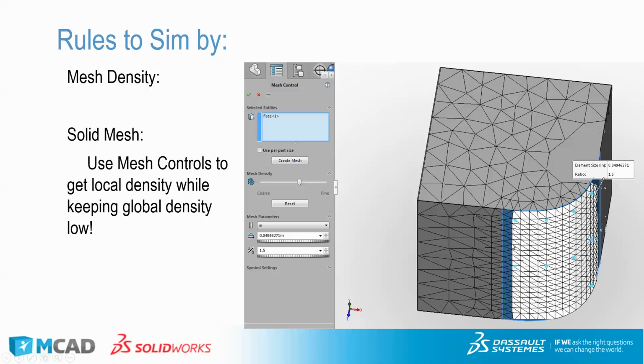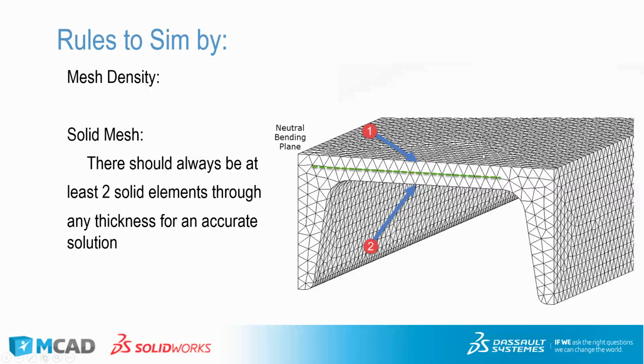And we can select either faces, edges, or points to define a region where I'd like a little extra control, but just in that area. And so you can define a particular refinement for that area, as well as a growth size back to what the global value was. So right here I say that, okay, every cell past this face can grow 1.5 times until it gets back to whatever the global value was. This lets me keep some local density rather than trying to mesh the entire part like we saw here. I could maybe give a little local density right here in the corners, through this middle face, something like that, to try and give myself a little bit less to